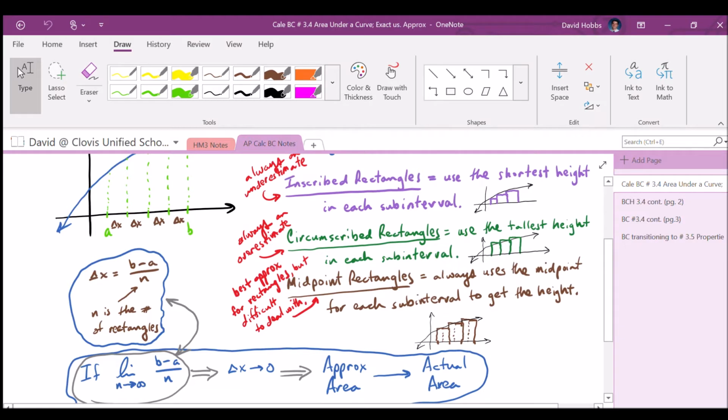The best approximation for rectangles is using midpoint rectangles, and we always use the midpoint of each subinterval to get the height. Notice that each rectangle goes a little bit above the curve, but then it's also a little bit below the curve as well. But midpoint rectangles pretty much always gives us the best approximation of the actual area. Okay, now